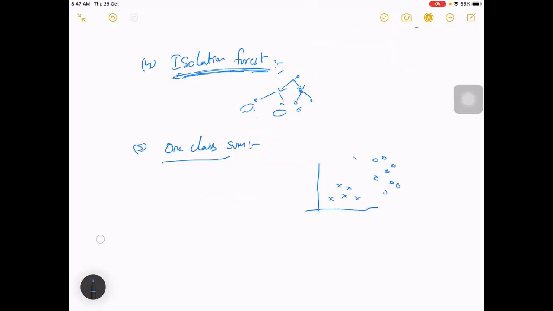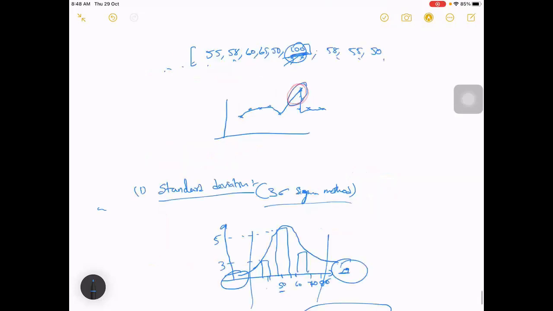That is what we did in the case of SVM. But in one class SVM, as the name says, we have only one class, right? But if we are finding an anomaly, it means there is clean data and anomaly data.